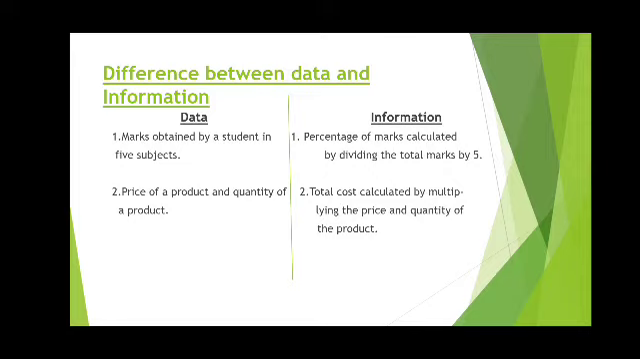So first, number one, data is marks obtained by a student in 5 subjects. And what about information? Percentage of marks calculated by dividing the total marks by 5. So in data, the marks obtained means how many marks one student has obtained in 5 subjects, and the data will be calculated. And what is the information provided? It is the calculation of that data, meaning it is processed by the